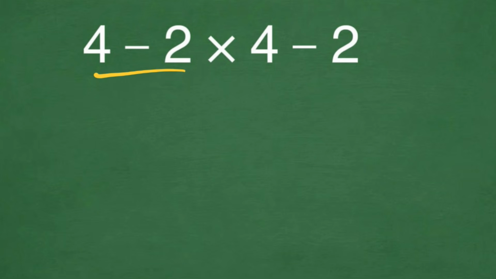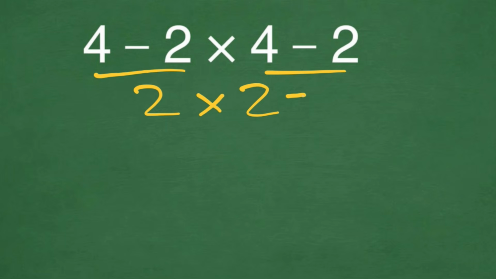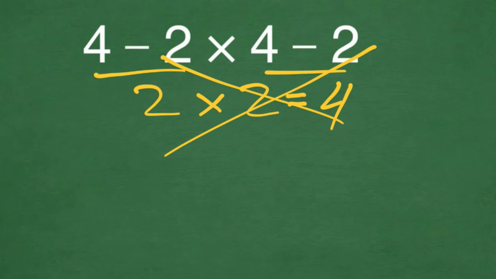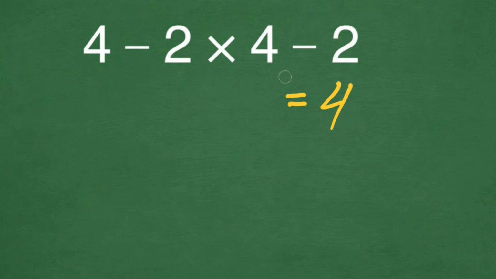4 minus 2 gives us 2. And again, 4 minus 2 gives us 2. And 2 times 2 is equal to 4. But this answer is not correct because according to the order of operation, which is PEMDAS,